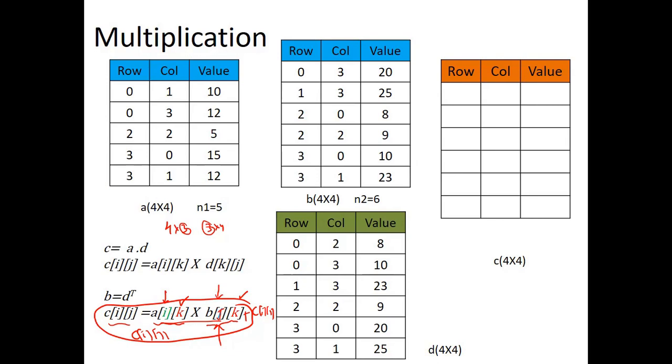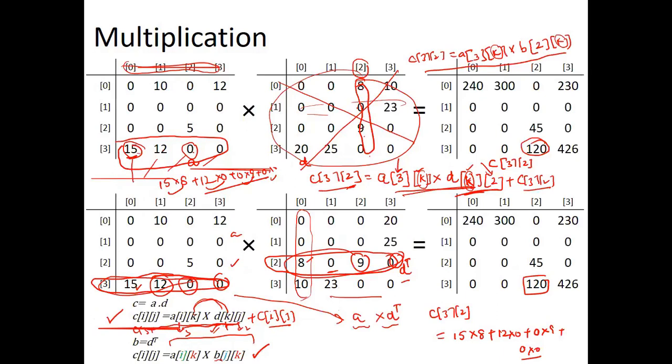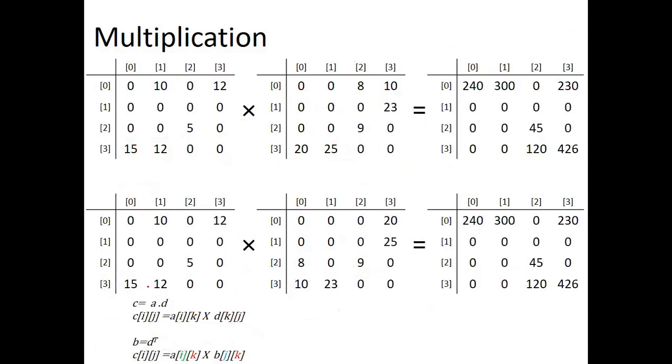So let us suppose this was my original matrix. I have represented the triplet version of this matrix. If I want to write the triplet version of this first matrix, what will I be writing? Only non-zero entries, that too row wise. That means I will say 0th row, third index column, entry is 12.